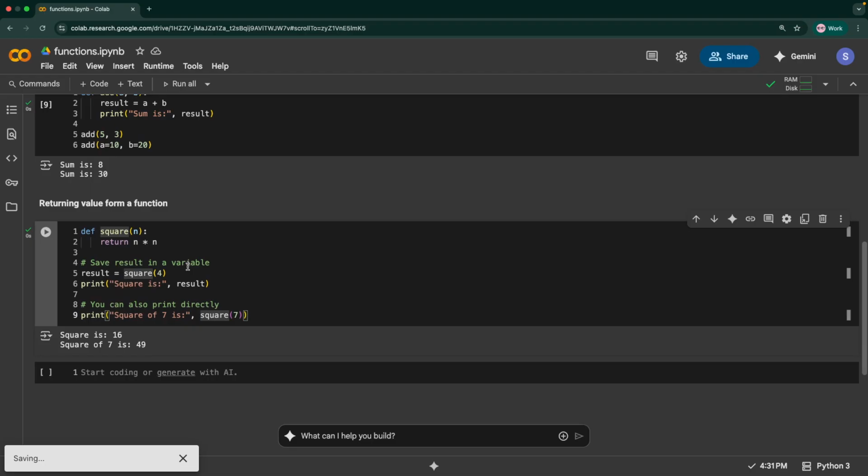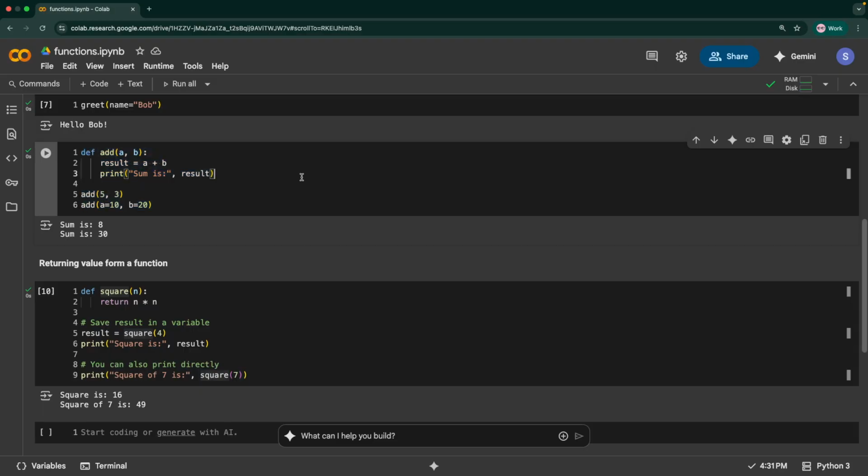So let's say that first you need to square that number and then you have to divide it by 2. In that case, instead of adding that division by 2 here, you can also get this result and then do it. It's basically when you want to do something with the output that comes from the function and not just print it. In that case, we can use the return statement, and we often use return statements. And the other type of parameters that we can use is default parameters.